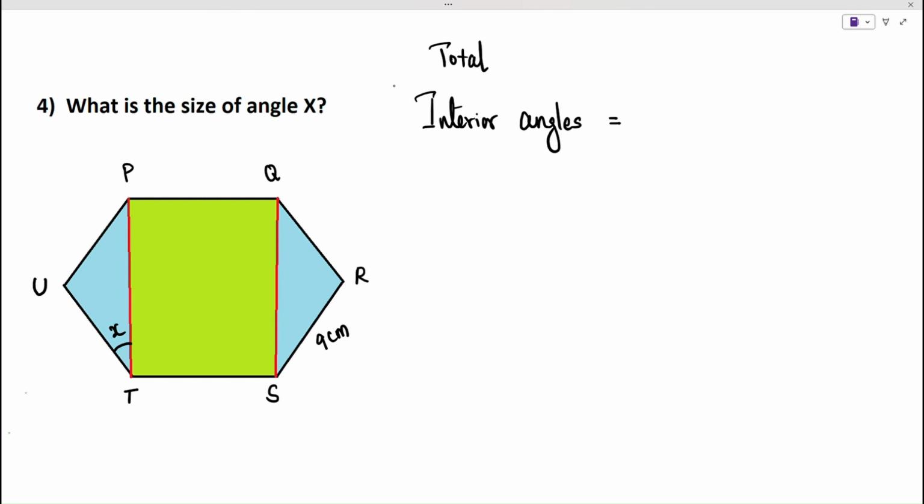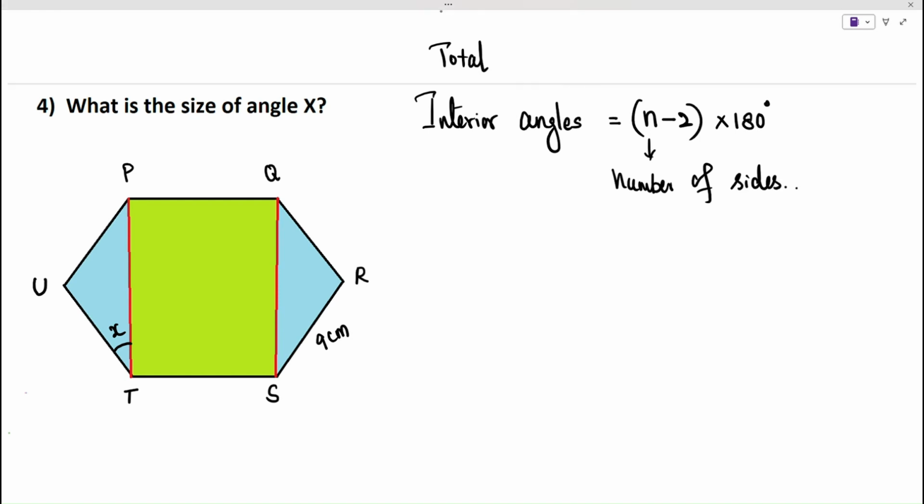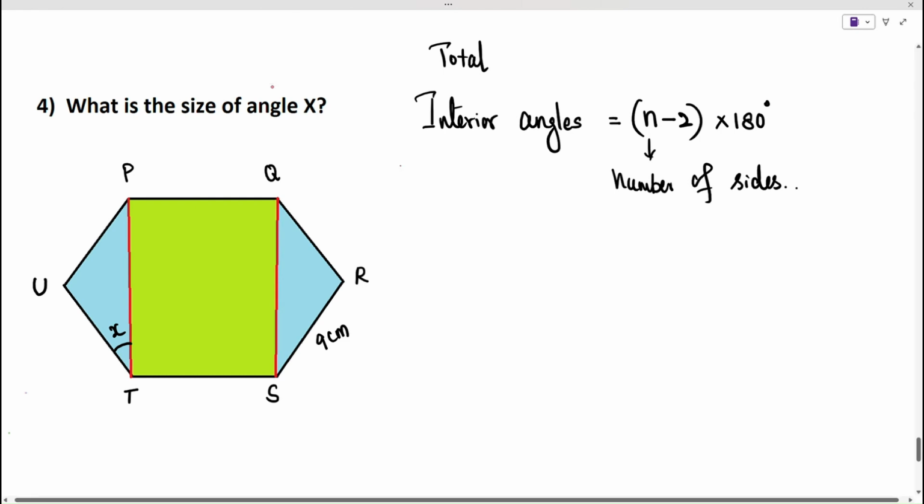And this is n minus 2 times by 180, where n is the number of sides. Now, we know that the hexagon has 6 sides. Now, if we plug that into our formula,